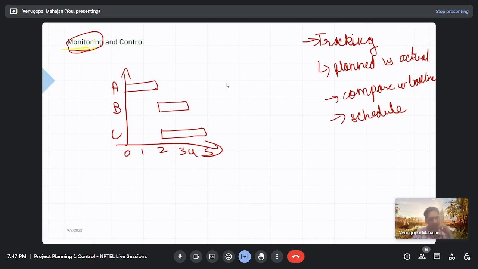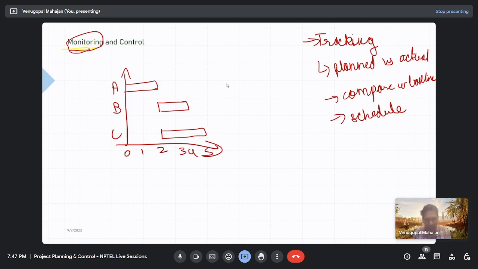Actual progress we will get from the site itself, sir. Just give an example, like, this is the report you got from site. Suppose, sir, if excavation work is going to be done in 7 days, and the quantity of the excavation would be... I would interrupt you. Can you please talk in terms of the bar chart that we have in front of us? Like activity A duration is 2 days, activity B duration is 2 days, and activity C duration is 3 days.